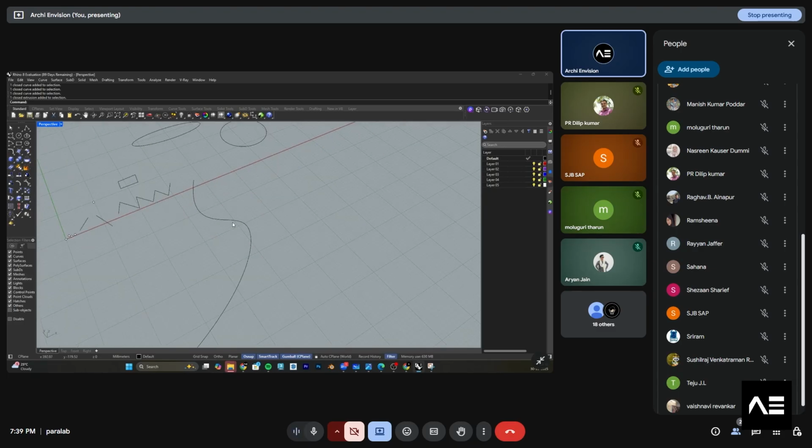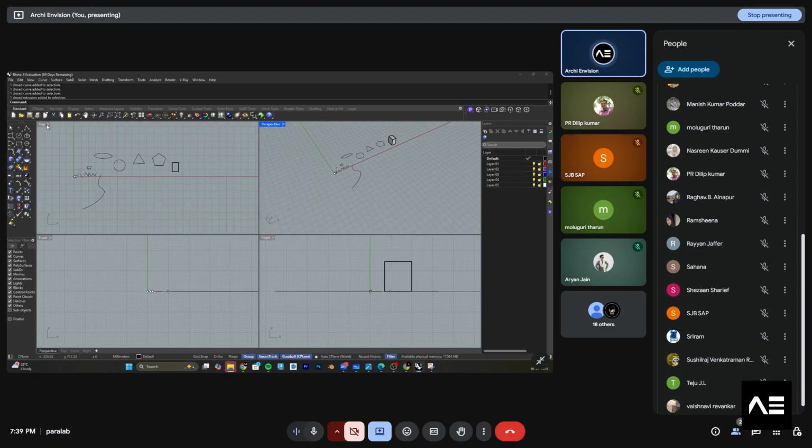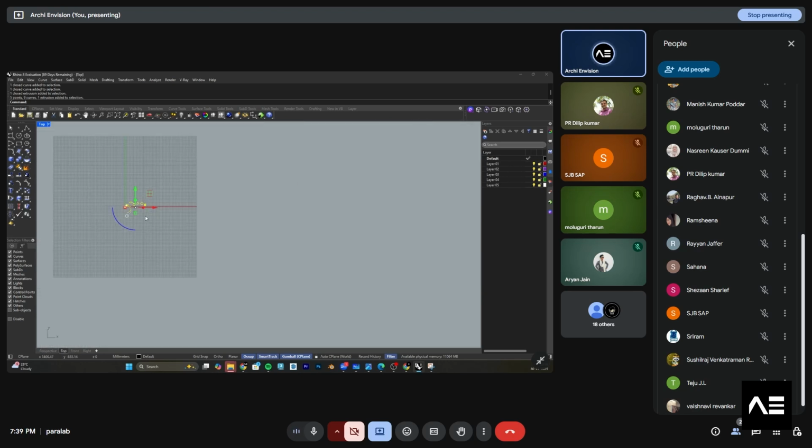Let me introduce one more thing for you. I select everything and move it. This is what you have to know: if you want to select, you select from left to right and it will select everything. Then click on gumball. If the gumball is not activated, click on gumball, which is over here underneath, and it will get activated.